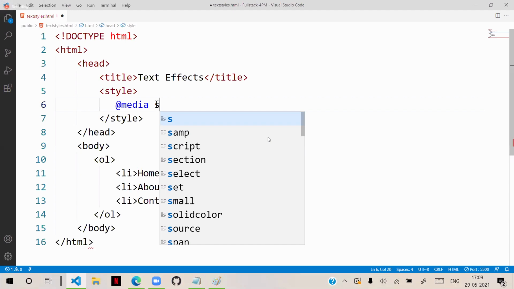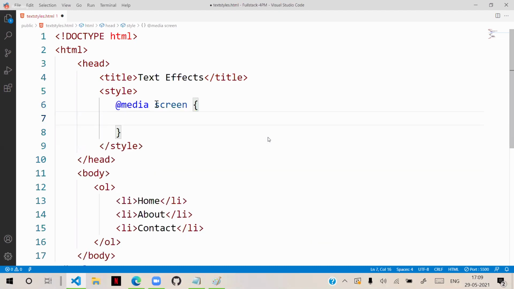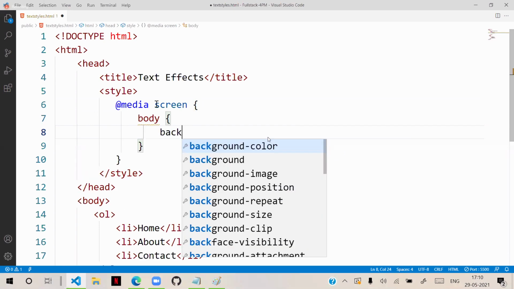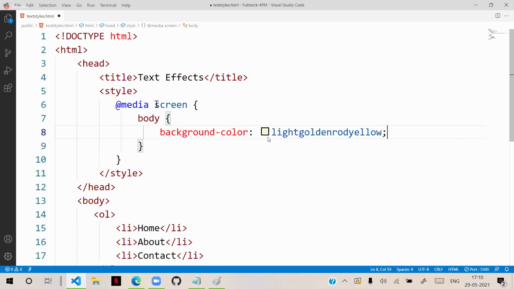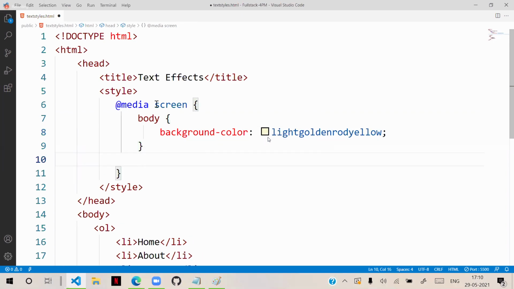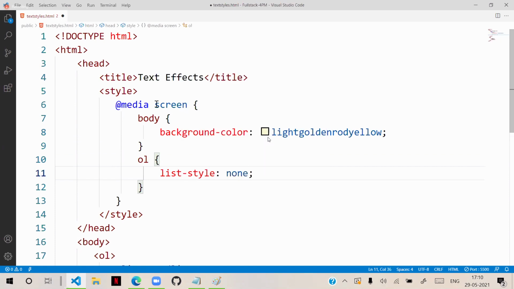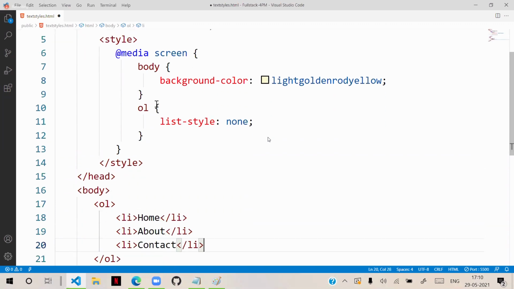When I am watching on screen, I want to display a light golden yellow background color. And on screen, the ordered list style should be none, it should be removed.